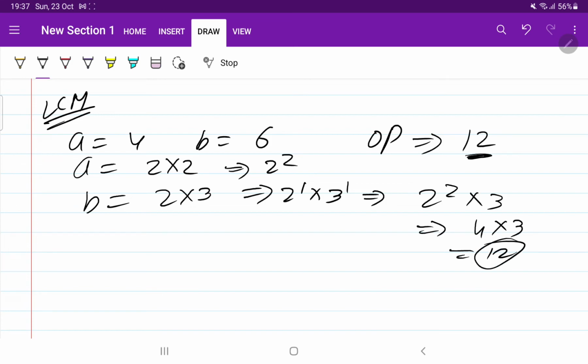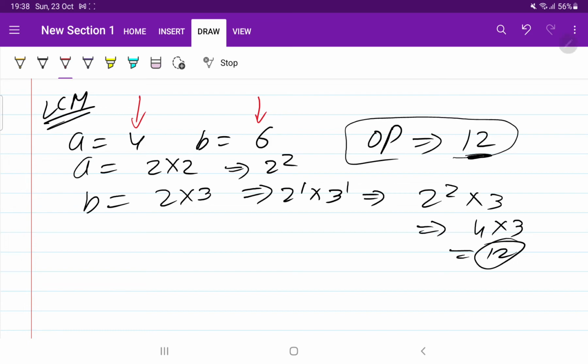This is the way we used to find the LCM of a number in the classrooms, in 4th and 5th class. But now you have to ask the computer to find the LCM. You will say that I will give you input as 4 and 6, and in output I need you to return 12. So what is the process that you are going to use? You can pause the video for a minute or two and think of an approach.